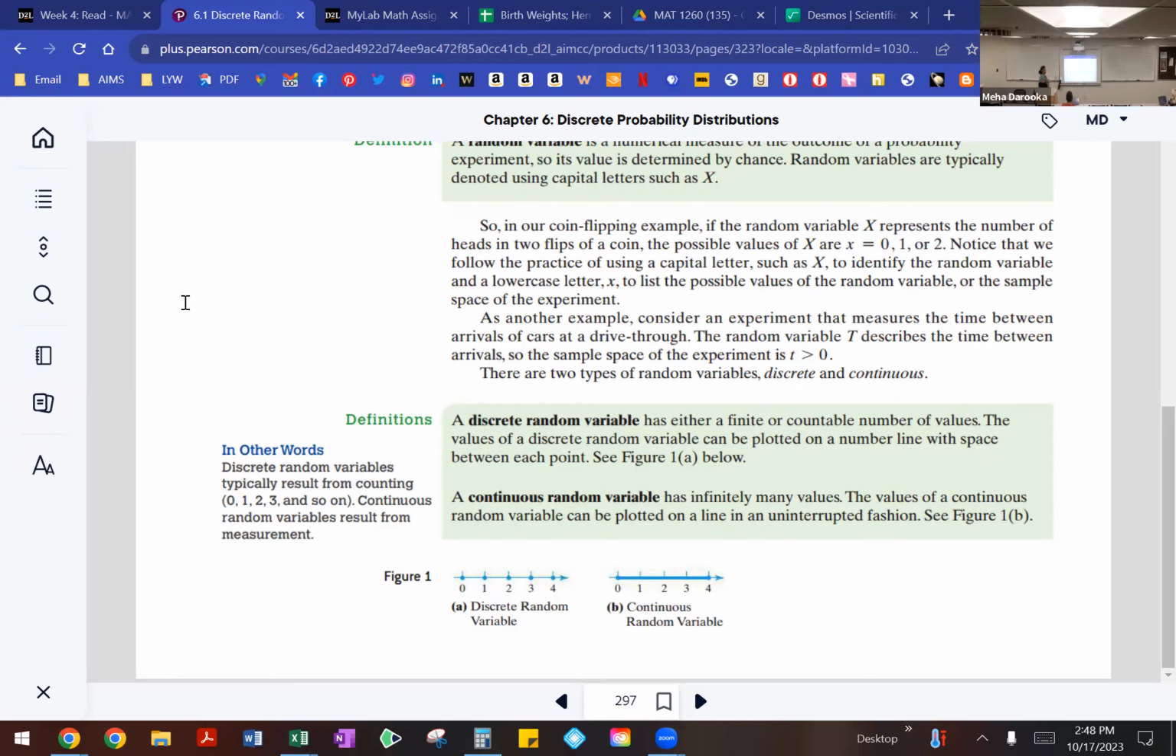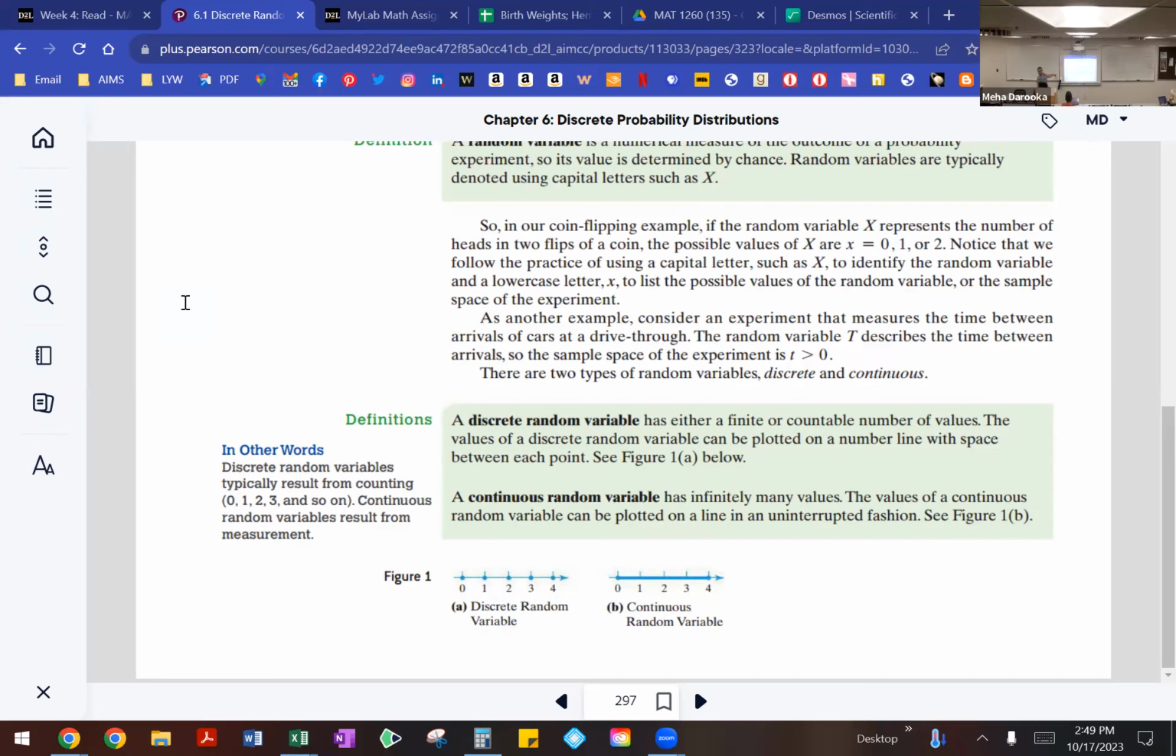A continuous random variable, we are saying, has infinitely many values. So the values of a continuous random variable can be plotted on a number line again, but in an uninterrupted fashion. You can see that's a continuous line, whereas with discrete, they are separate points, right? It's not one continuous line. I think the best way to think about that is discrete random variables can be counted because we were talking about the numbers being countable, and continuous